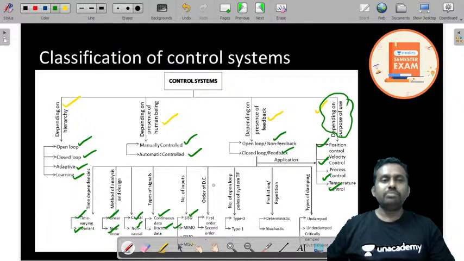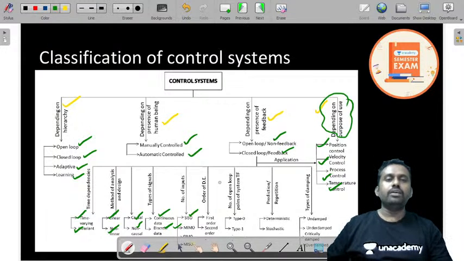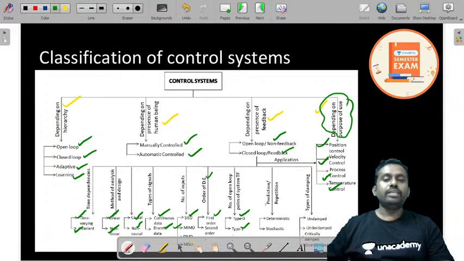Maybe this will look a bit complex, but this is the total classification of control systems, wherein you need not write all these classifications. You can take some of them and write the classifications. And based on the order of the differential equation also, you can classify as first order, second order. And based on number of open loop poles or poles of the transfer function as type 0 and type 1 control systems. Based on the prediction and repetition, you can call it deterministic and stochastic classification. And based on the type of the damping,